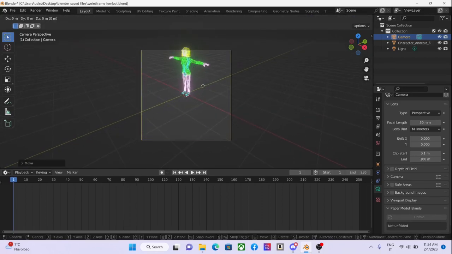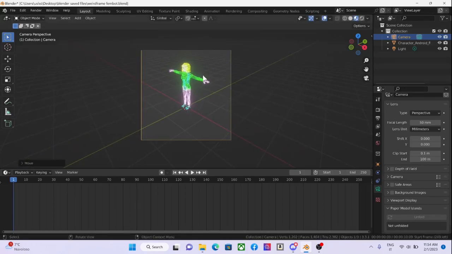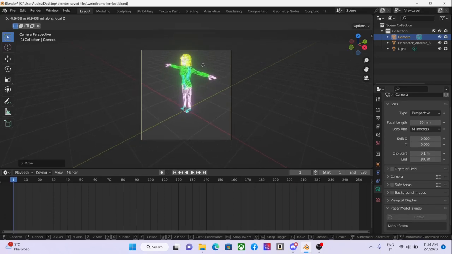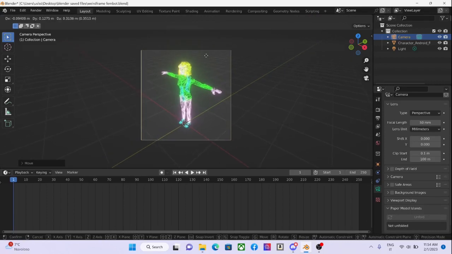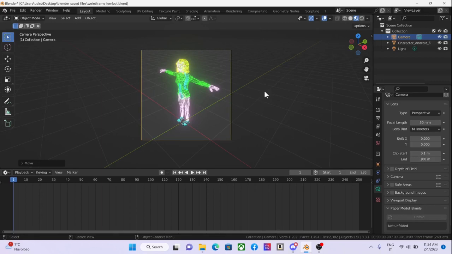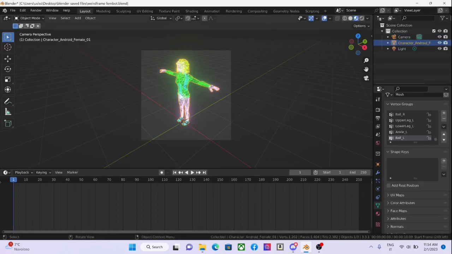So yeah, G again, we put it in the middle, G, Z, Z, like this. Okay, once that your image, your point of view is good with the camera, you select your object